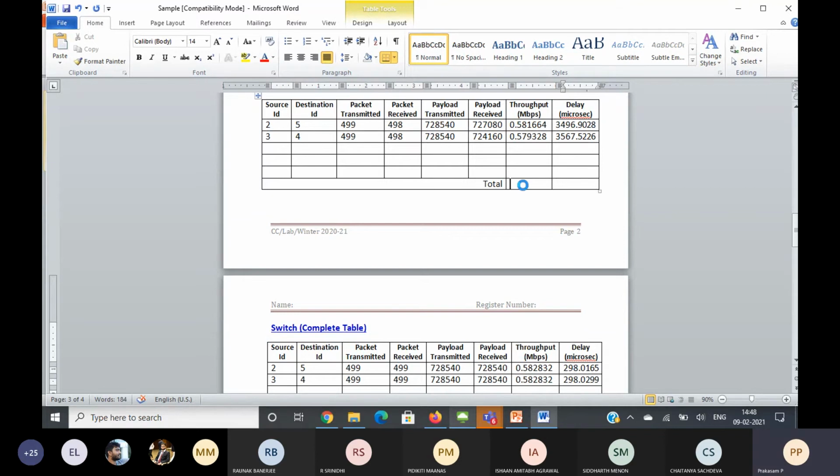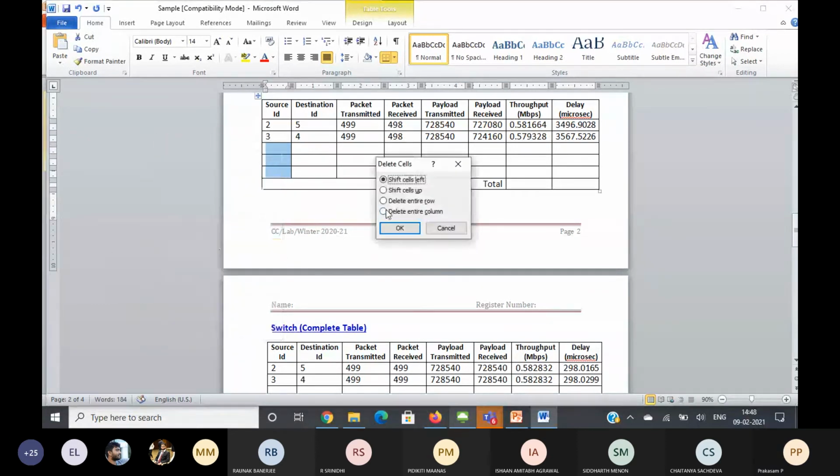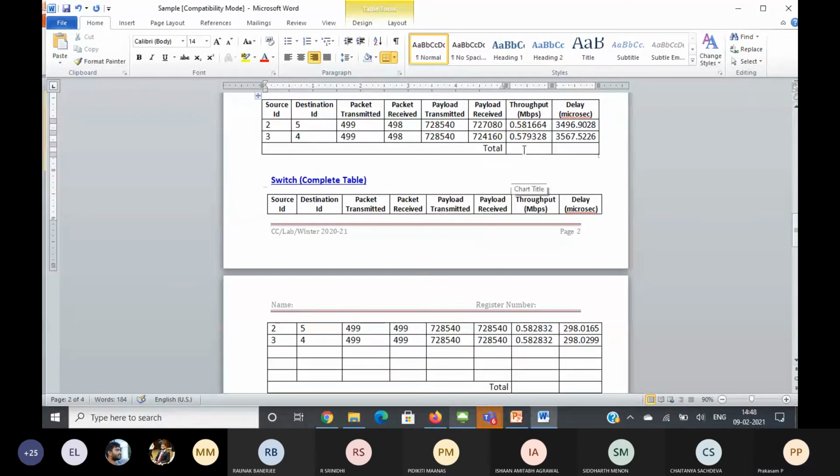Now you can add here. You can calculate the sum.